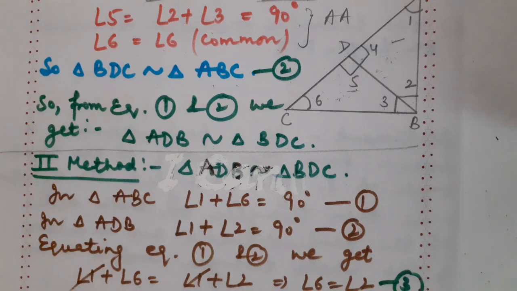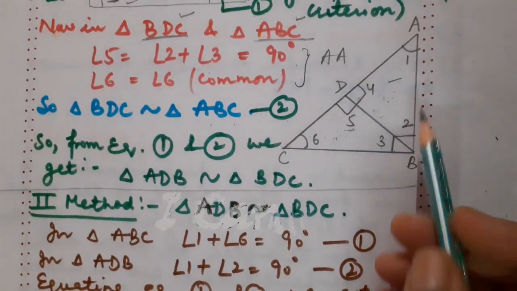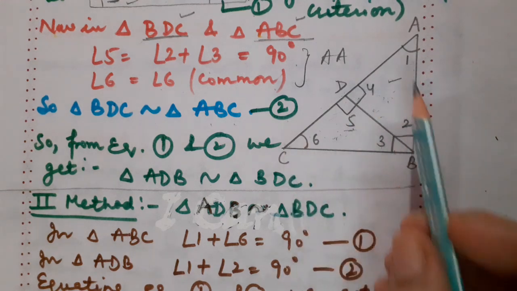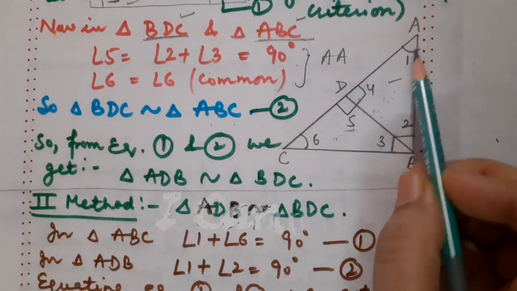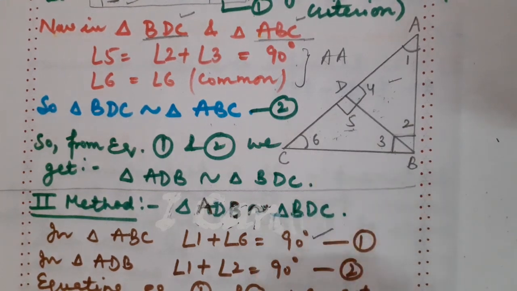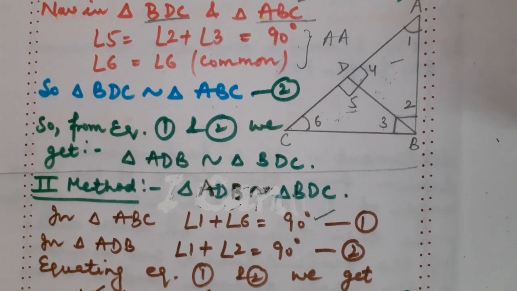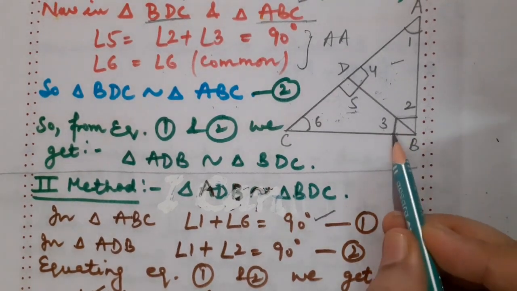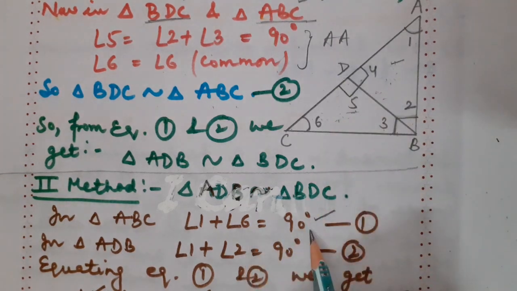Just to see, children, in the bigger triangle, that is right angled triangle, right angle at B, in triangle ABC, if angle B is of 90 degree, while applying angle sum property of a triangle, can I say that angle 1 plus angle 6 will also be of 90 degree? Of course. Because the sum of all the three angles of a triangle is 180 degree. If one angle is of 90, it means other two having the sum 90, correct?